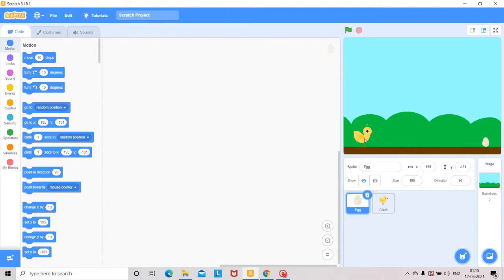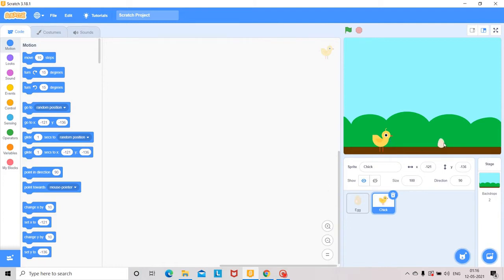The Jumping Chick game is very simple. When the egg comes towards the chick, gliding, the chick immediately jumps over the egg. When the chick jumps over the egg, it will get 1 point, and when the chick is not able to jump and touches the egg, it will lose the point, and the score will go to 0.